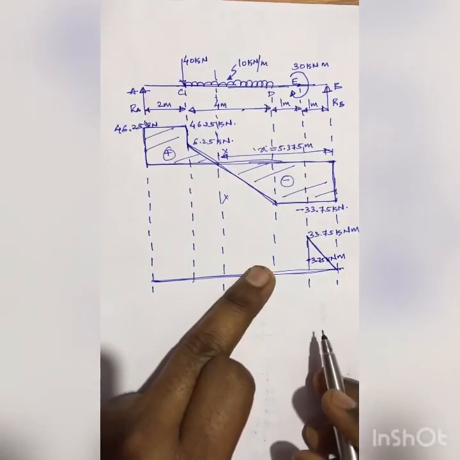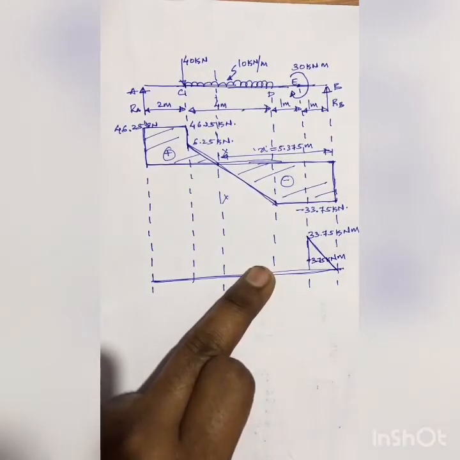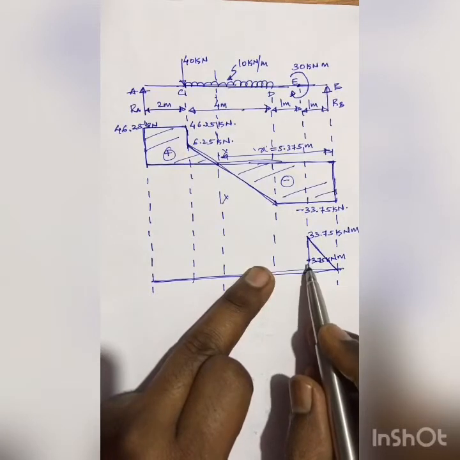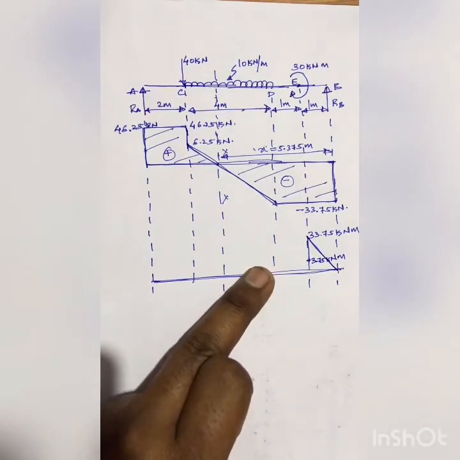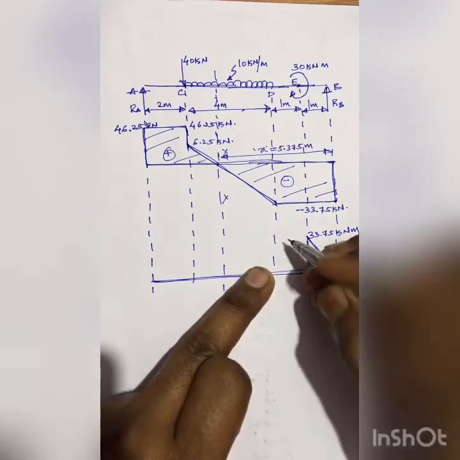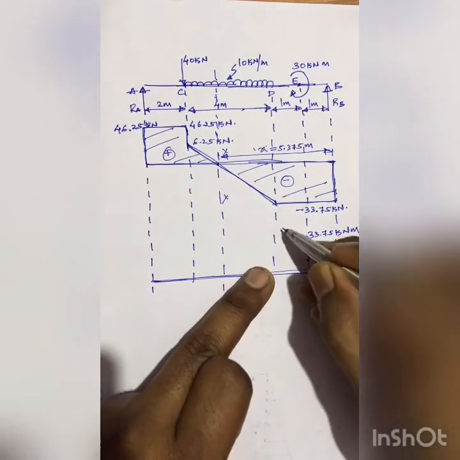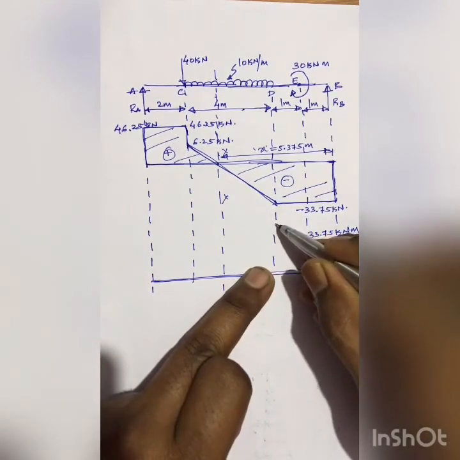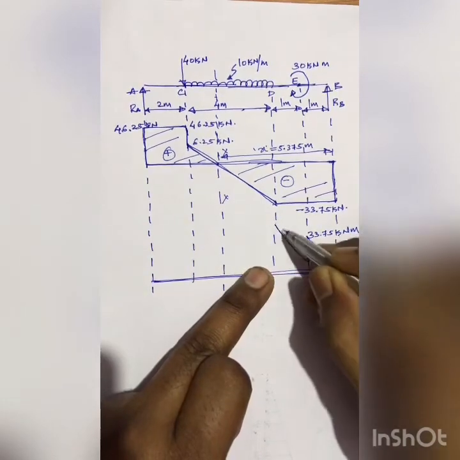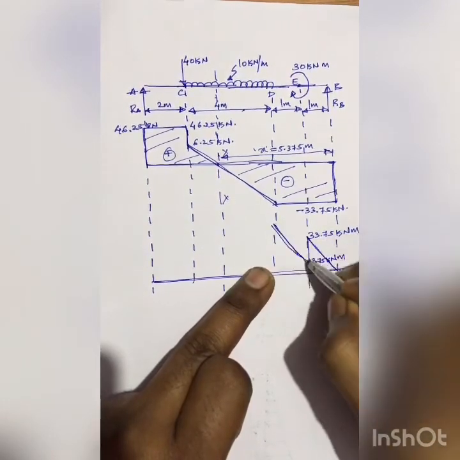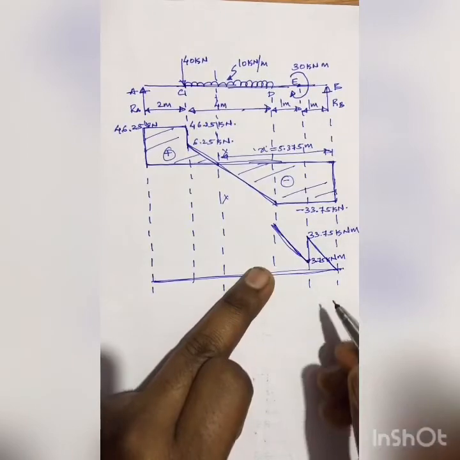Okay. Next, we have found the bending moment at point D, and the bending moment at point D, how much is it? 37.50 kilonewton meter. So it comes somewhere here, and again the variation from here to here will be linear. 37.50